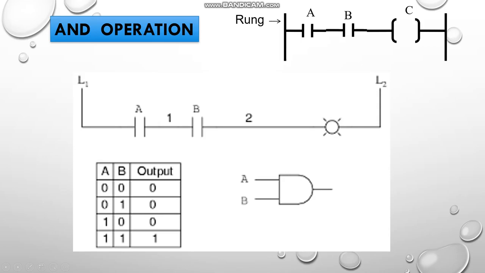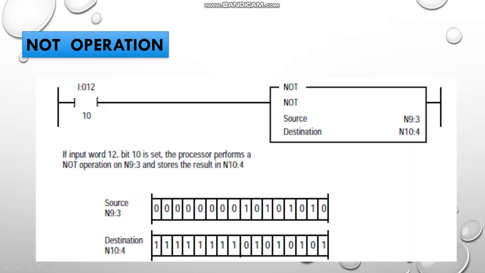Once again, we have 1 and 0, where A will be 1 and B will be 0. So A has continuity but B has a breakage, so the output does not get operated. But in the last case, both the inputs are high, so the output should be 1. When A is 1 and B is 1, A gets energized and B gets energized, and the output will glow. This is the basic symbol of an AND gate, and the output will be high only when both the inputs are high.